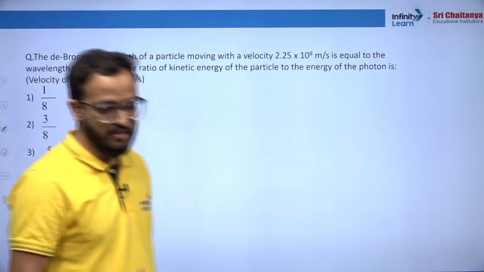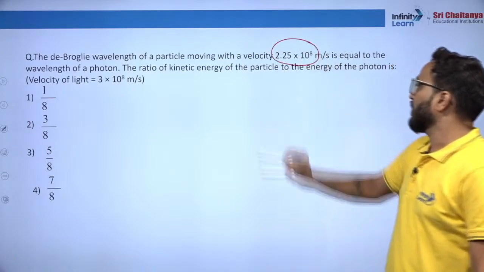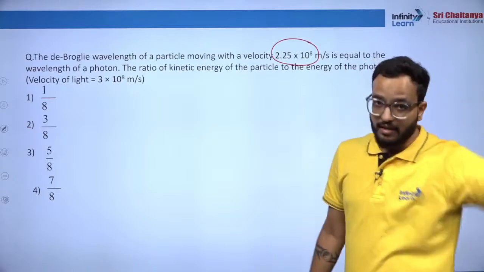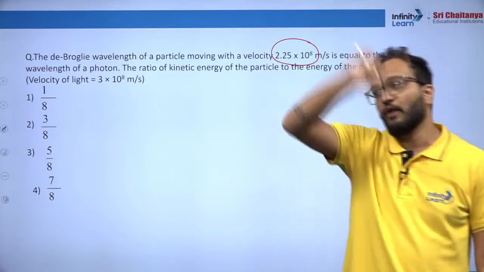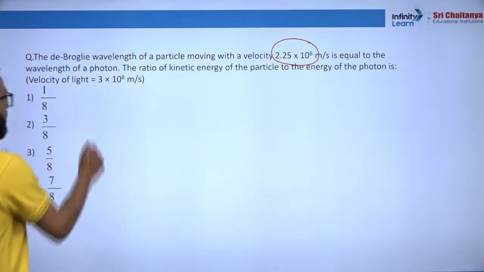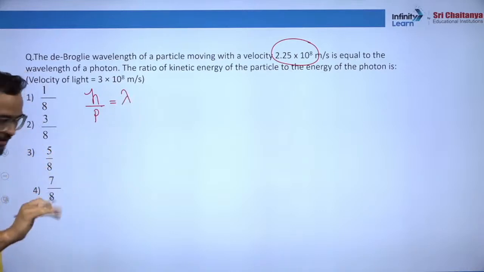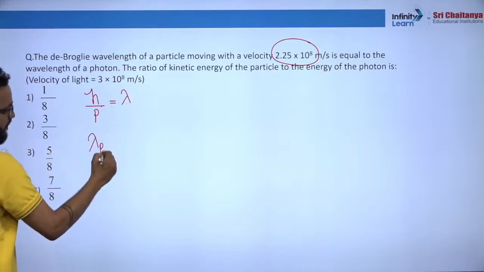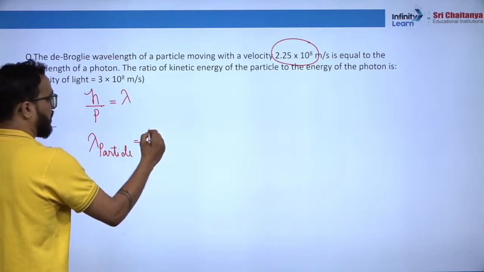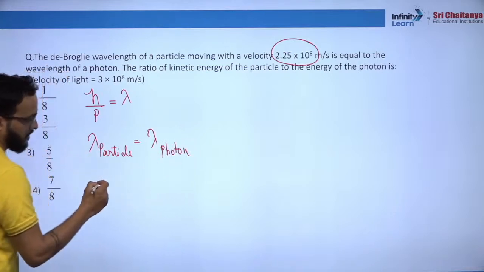The de Broglie wavelength of a particle moving with velocity is equal to that of the photon. This question came in mains this year only, right? They have given the de Broglie velocity of the particle, and they are saying that the de Broglie wavelength of the particle and of the photon are equal. First of all, what does it actually mean? See, h by p is lambda, right? So if I say lambda of the particle is equal to lambda of the photon,